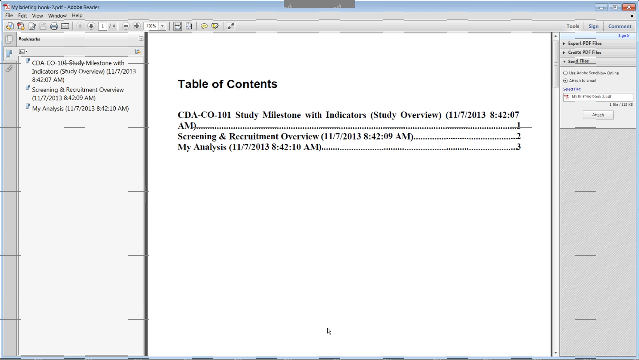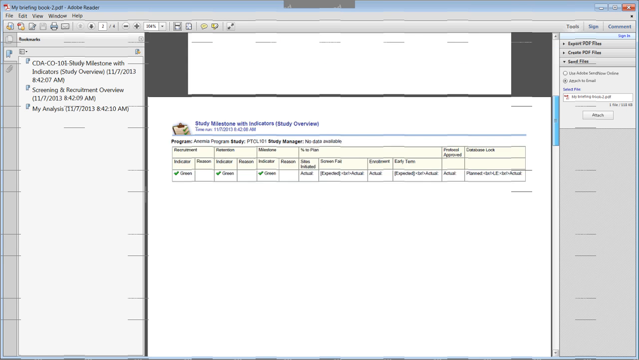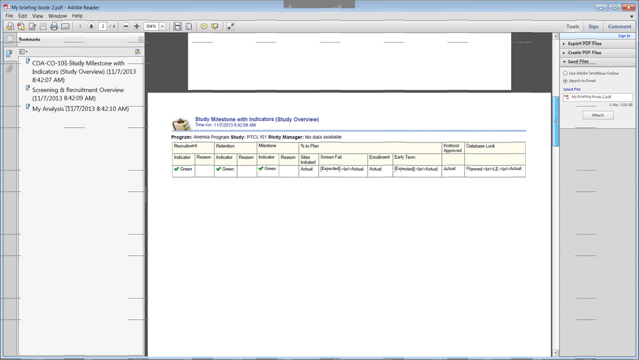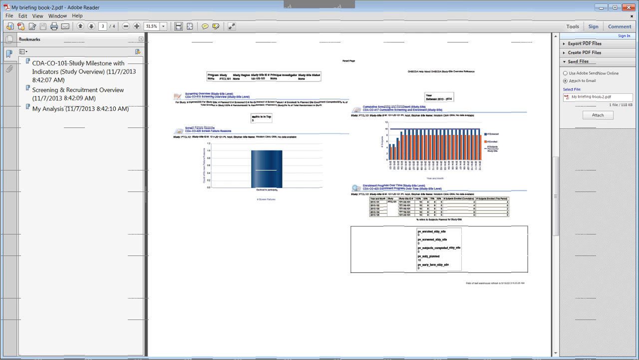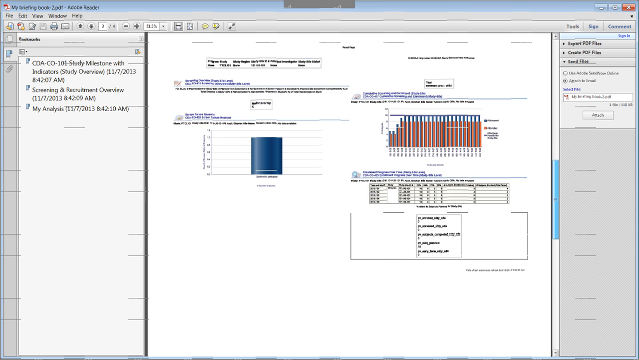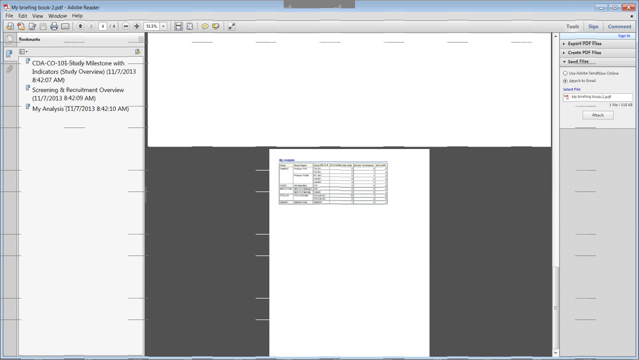So this is your briefing book that opens up as a PDF. These are the things that we added to the briefing book on the way. You can see the study milestones with indicators, recruitment overview for the study site, and then my analysis. This is the first report that we added, the study milestone. This is the entire dashboard that we added for the recruitment overview, and this is the ad hoc analysis, my analysis that I just created. So this briefing book now contains